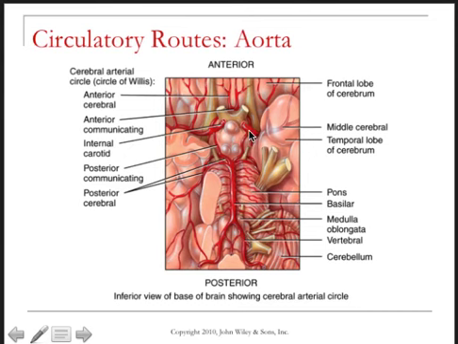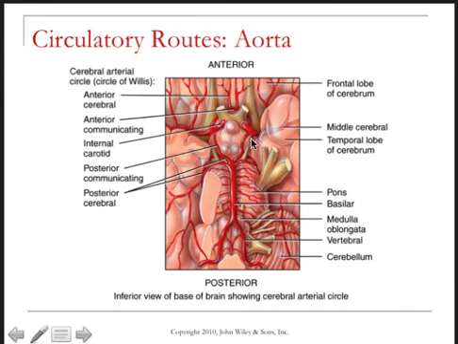It's kind of like a roundabout. I don't know if you've ever seen a roundabout as a traffic pattern. Basically it's an intersection where the road goes in a circle, and you've got exits that come off every part of the roundabout. Well, it's very similar in a sense to the purpose of this particular arterial structure, because what we're doing here as a result of having these anterior and posterior communicating arteries, there's the posterior, there's the anterior, and then you've got here the internal carotids jacking in right here, the posterior cerebrals,